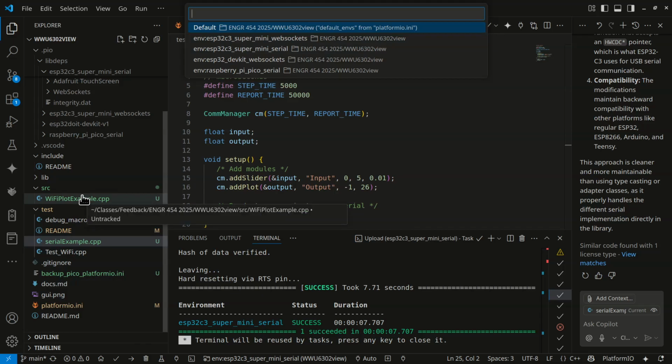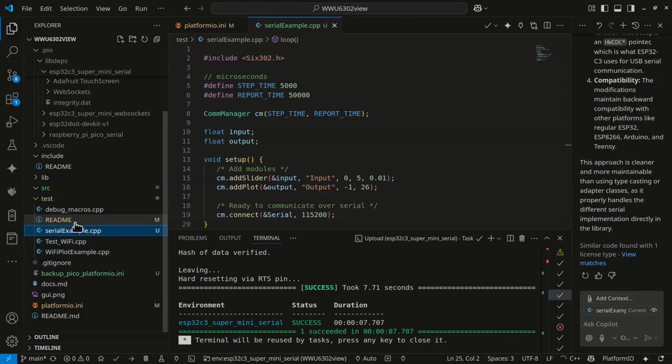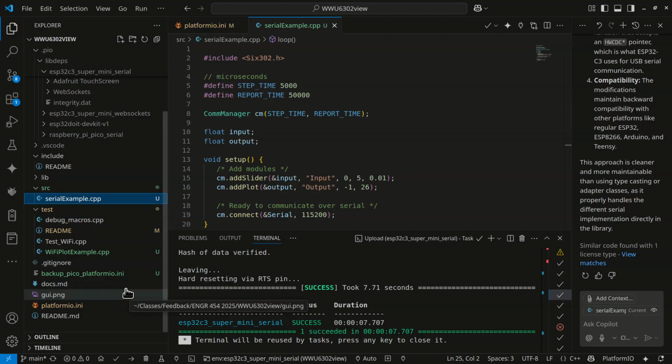But I really don't want to do that. I use this test directory not for unit tests, but I use it just to store C++ programs that I'm not wanting to build at this particular moment. Those are for the other configurations and things. So now that you know that, basically all you have to do is